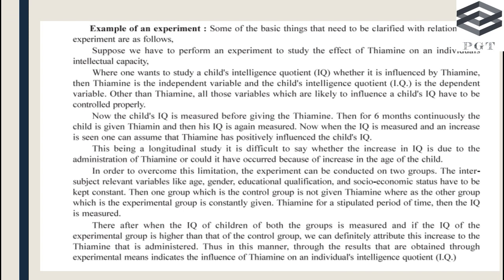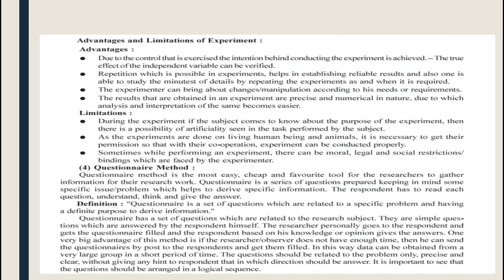In one example, a child's IQ level is determined, then the child is given thiamine continuously for six months, and then the IQ is measured again and has increased. So I can assume that thiamine has positively influenced the child's IQ. This is an experimental process in which people's IQ changes and is measured and evaluated in the form of these characteristics, with the help of the child's IQ level having extended from what it was in the past, and it quite changed in the present. So there are also